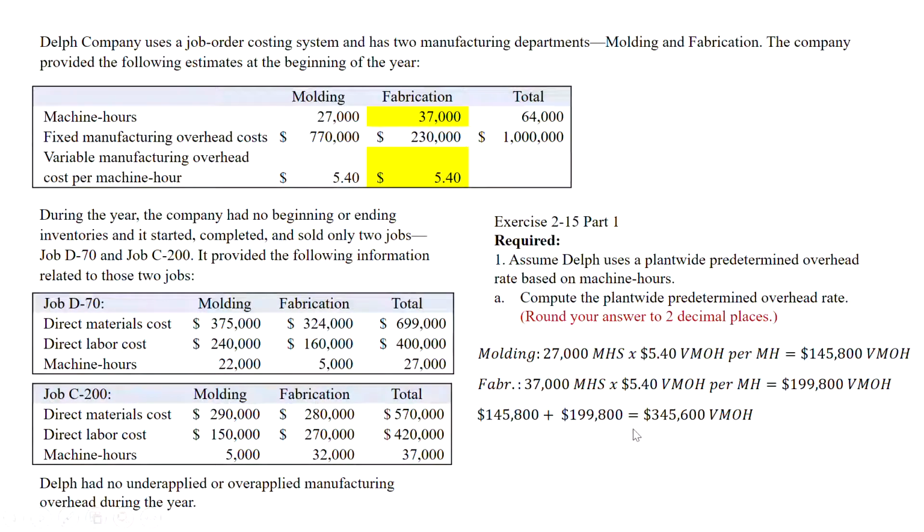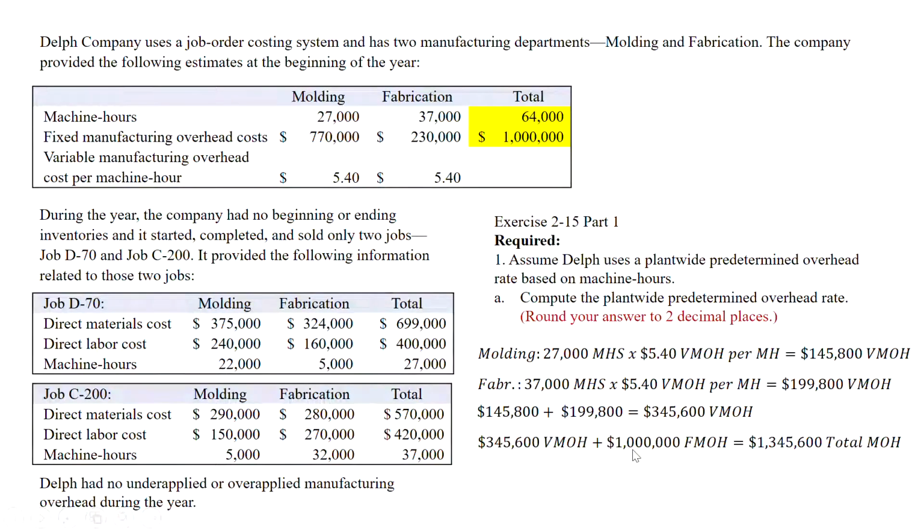This is just estimated variable manufacturing overhead. Companies like this typically also have fixed manufacturing overhead. I'm going to just pull it from the total here, $1 million of fixed manufacturing overhead, add it to my prior estimate of variable manufacturing overhead of $345,600, and that gives me total estimated overhead, variable and fixed, of $1,345,600. We're not done. We still need to divide this by our estimated activity level, our cost driver, which again,